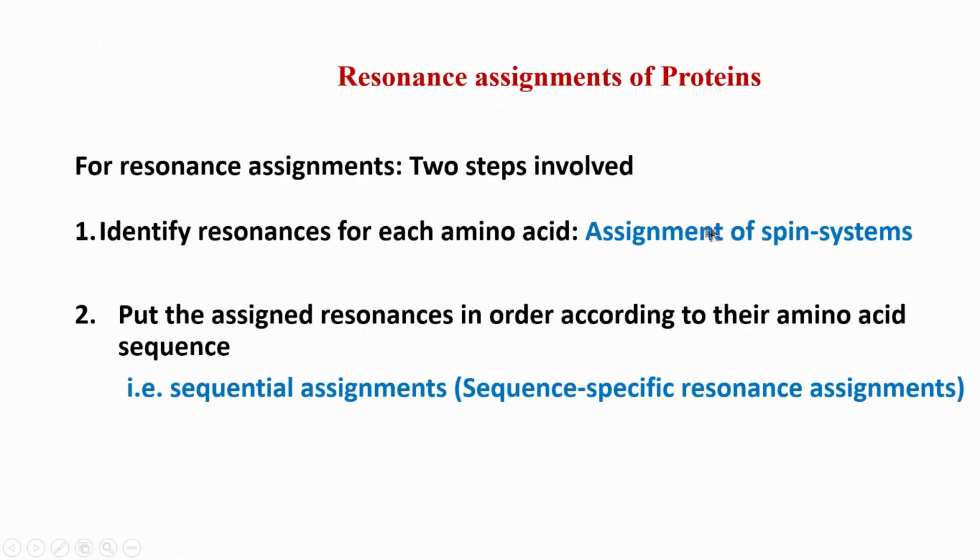In the last class we started looking at resonance assignment of proteins. As I mentioned, these are the two steps which are involved in any protein resonance assignment. Number one, you have to identify the spin systems. So, this is basically called assignment of spin systems or identification of spin systems. So, how do we identify a spin system? We identify based on the pattern of chemical shifts in that spin system, like we saw in TOCSY. Similarly, if you have carbon chemical shifts, you can use that to identify that the spin system is there